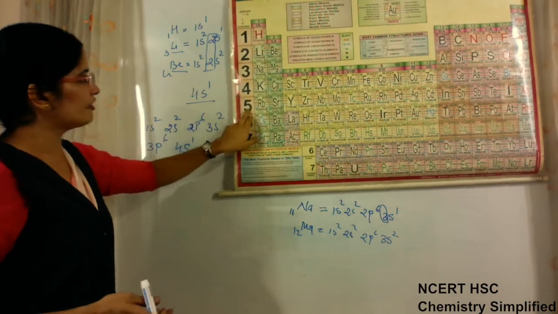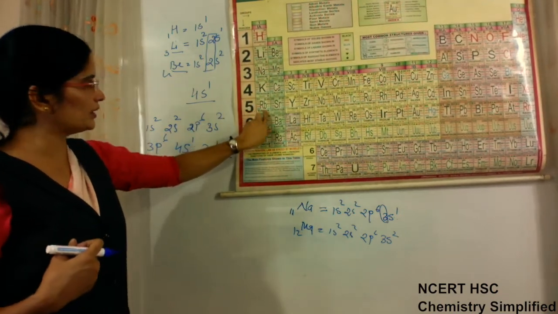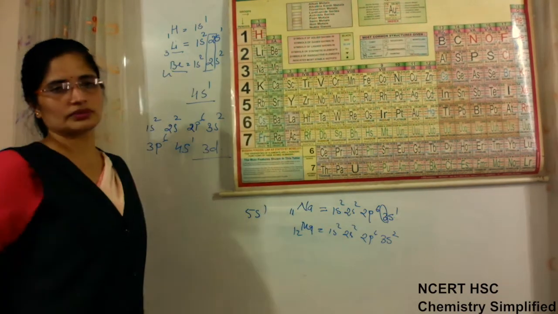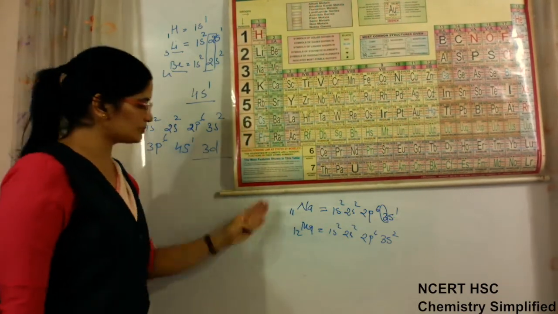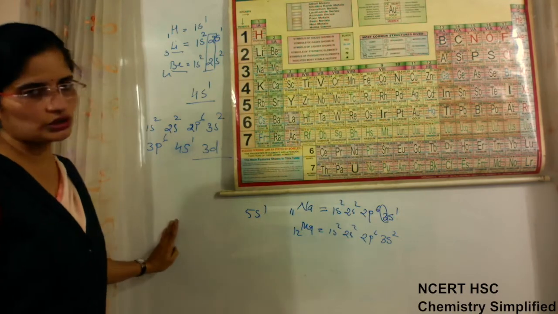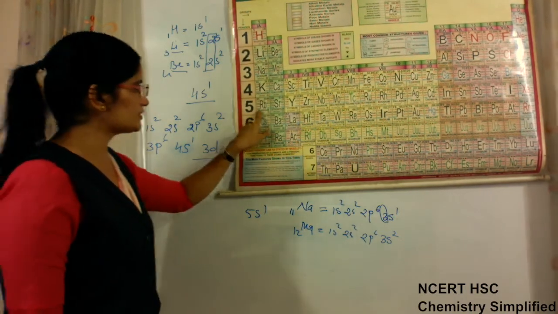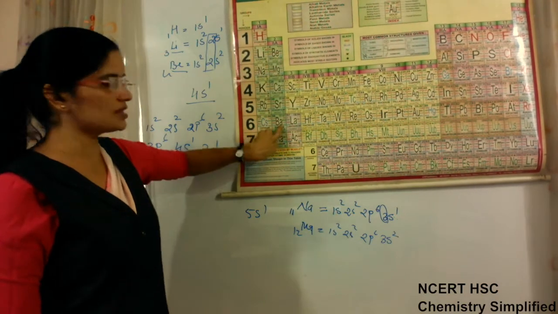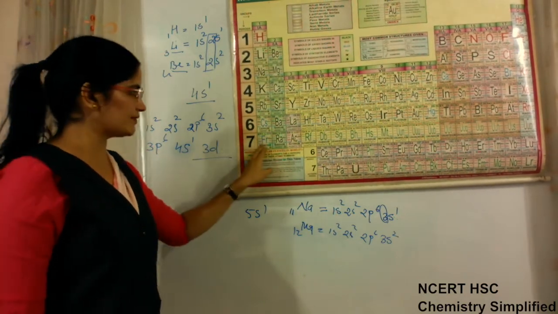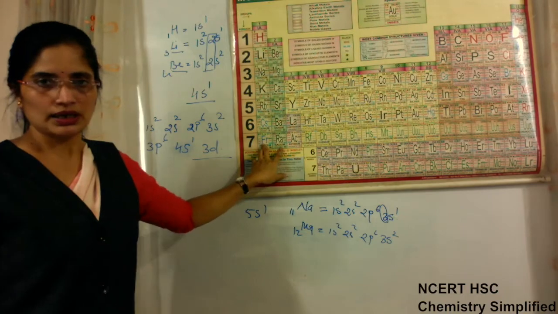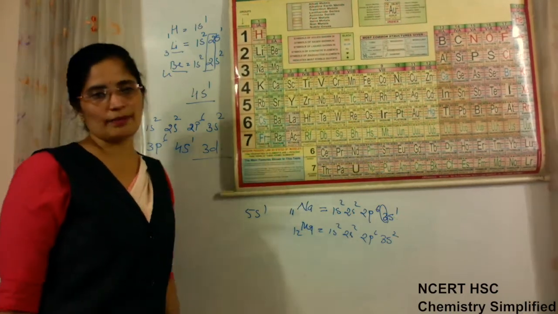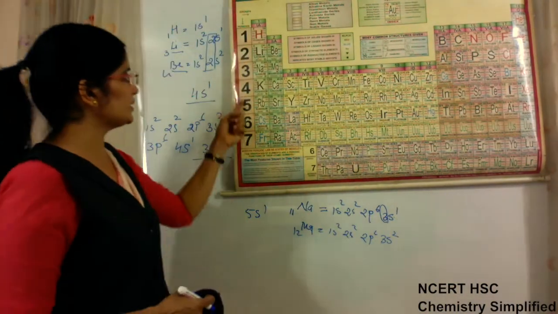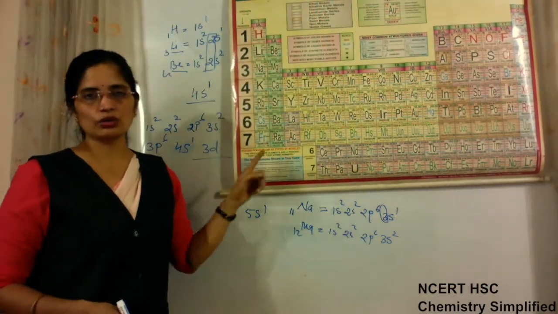Okay. Fifth period, rubidium. The configuration for rubidium is 5s1. Clear, automatically, because previous to it all shells should be completely filled. This is 5s1, this will be 5s2. This is 6s1, this is 6s2. This is 7s1, this is 7s2. Like this we will always remember that in a particular period, the period number indicates the outermost shell also.